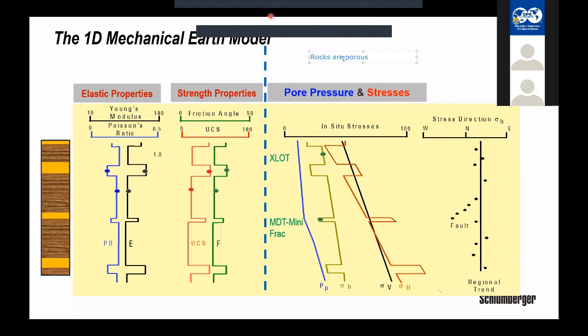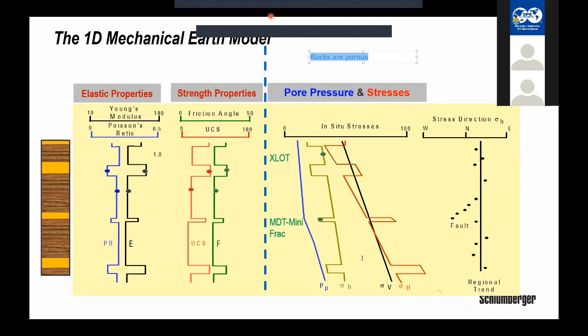Okay. Now there are some other things like the rocks that are there down the earth, let's say 2 kilometers down the earth, they are under a state of stress. There are overlying rocks on top of that. There are elements just around that particular rock which are continuously compressing it. So that's why it is said that a rock is always under a state of compression, because it is being compressed from top as well as from the sides. Okay, why it is being compressed? There are various reasons, but